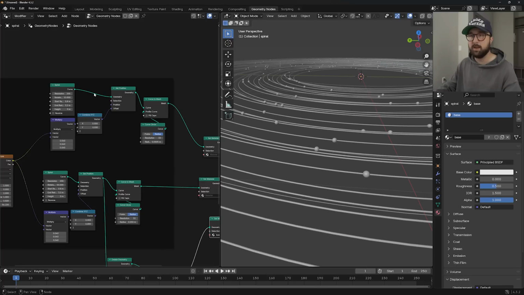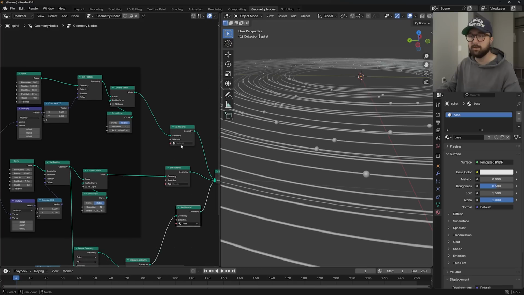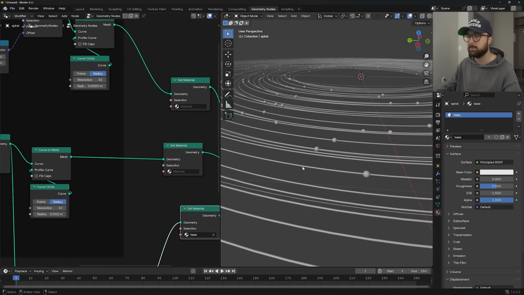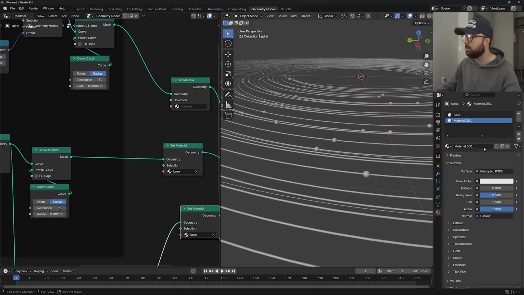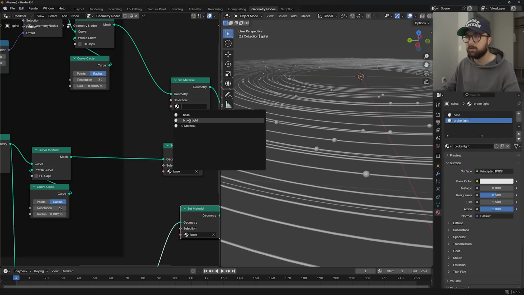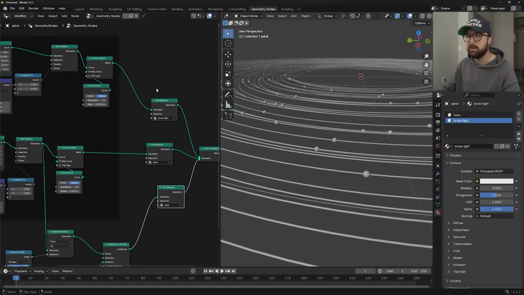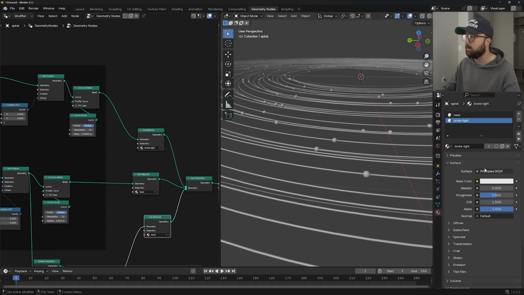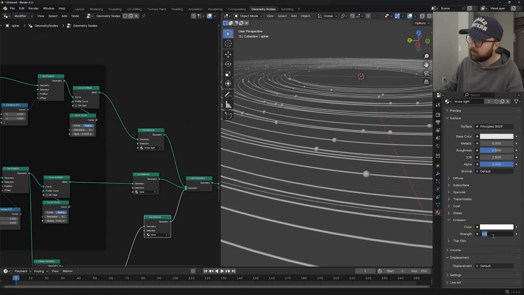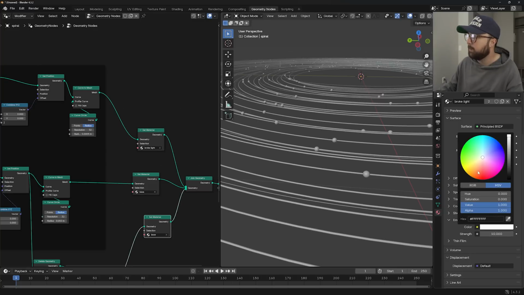So the spiral that has the 10 rotations is going to have an emissive material. So this one below it is the bigger spiral. Add it the base, and then we'll just call this one broke light. It's just short for broken light. That's going to have the emission material, and so we'll just plug broke light into this section here. And then right here on emission, we'll just give it a strength of like 10, and we'll make it red